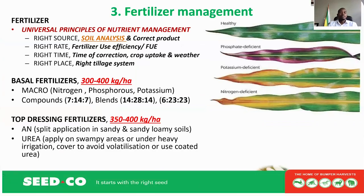In terms of fertilizer management, this is just a general guideline. I'm sure it's an area which has been discussed, but we'll just walk through it. To those who haven't done their soil analysis or who haven't been following the nutritional requirements as indicated by the fertilizer companies, who are experts in nutrition, we kindly ask farmers to use some basic guideline, whereby they can use at least 300 to 400 kgs of maize blend and 300 to 400 kgs of